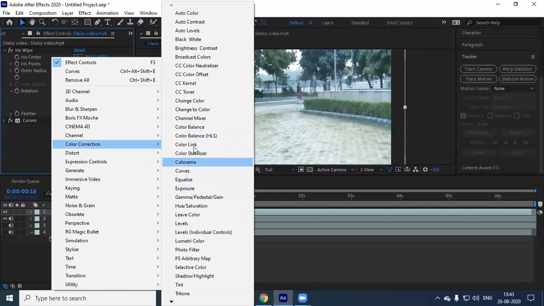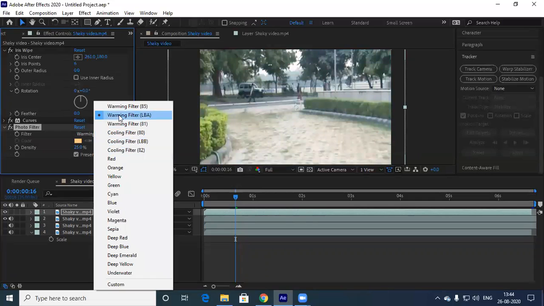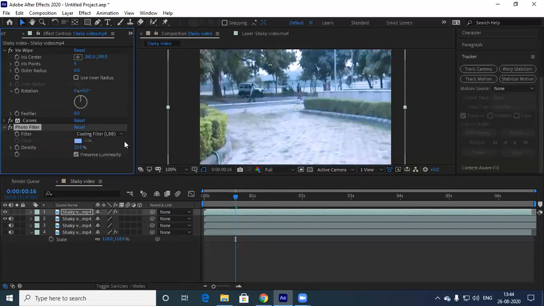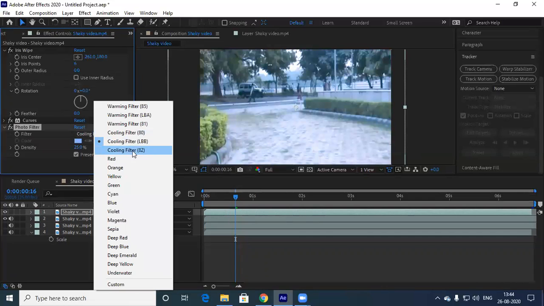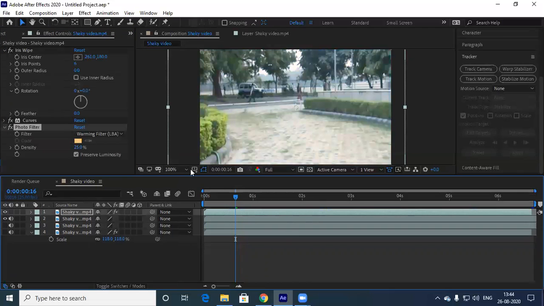Color correction, go to photo filter, or arbitrary map, or let me go to photo filter. So warming filter, something like this, or cooling filter, not cooling, warming looks good. Let me take the warming filter. So now, yeah, I can see a big difference.